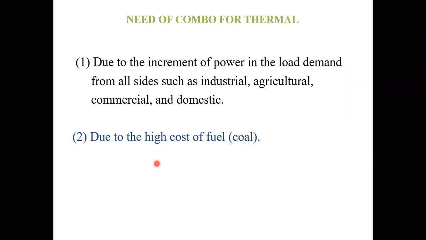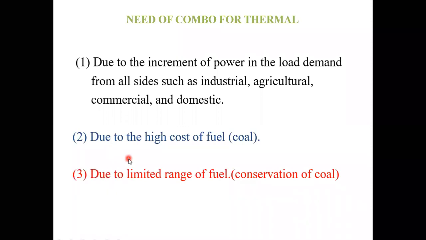So once you minimize the generation cost, then automatically we can provide the power to the customers at cheaper rates. But when you use a thermal power plant at 100% to meet our demand, the cost of the fuel is more and more. When the cost of the fuel is more and more, then automatically the generation cost is also more and more. Then we can't provide the power to the customers at cheaper rates. So this is a drawback. That's why we are going to take a combination with thermal. Understood, everybody? This is the second point.